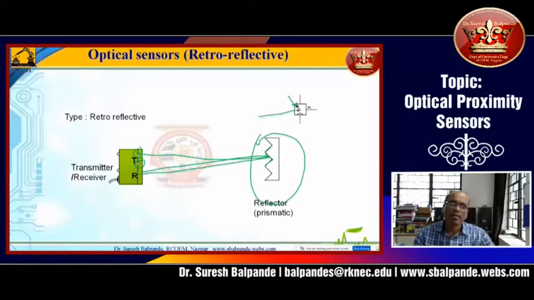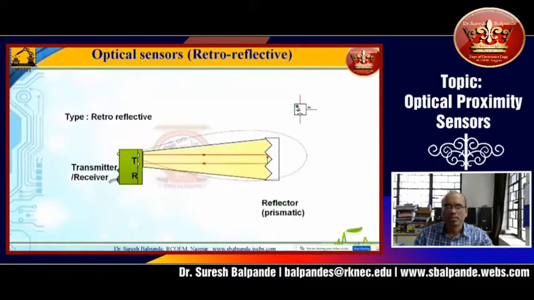So this prismatic reflector glass, you have to put on the other side, and on our side you have to put this combined transmitter receiver. Then we will see here again the same thing. You can see if there is no interruption, light travels this way and it will reflect back. So this angle is very important, and from this it is clear what the importance of this angle is. It is not a plane mirror, it is called a prismatic mirror because it has to reflect light properly, and that is why it is falling on the receiver part.